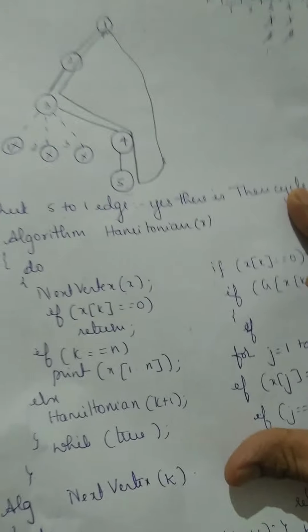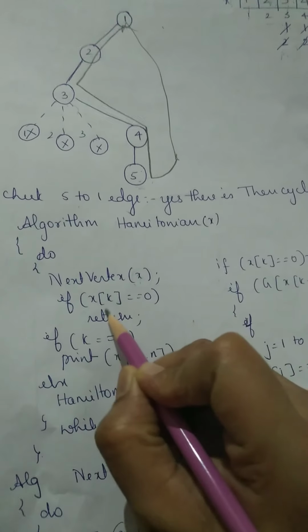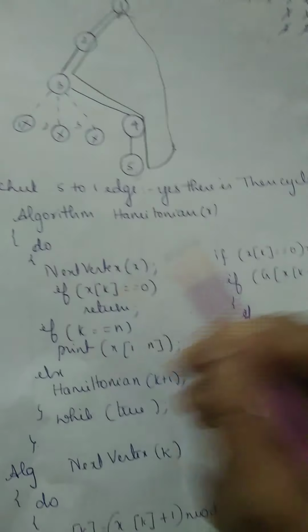This is a simple algorithm of the Hamiltonian cycle. Start from vertex 1. Here, if there is no connection from vertex 1, that means it is 0, then return. That means only one vertex. If the last vertex is found, then go back. Else, go to the next vertex. So when Hamiltonian is called again, it will check for the next vertex. Here, this is to find whether the vertex is available with another. You can go through this algorithm. This algorithm is very easy.